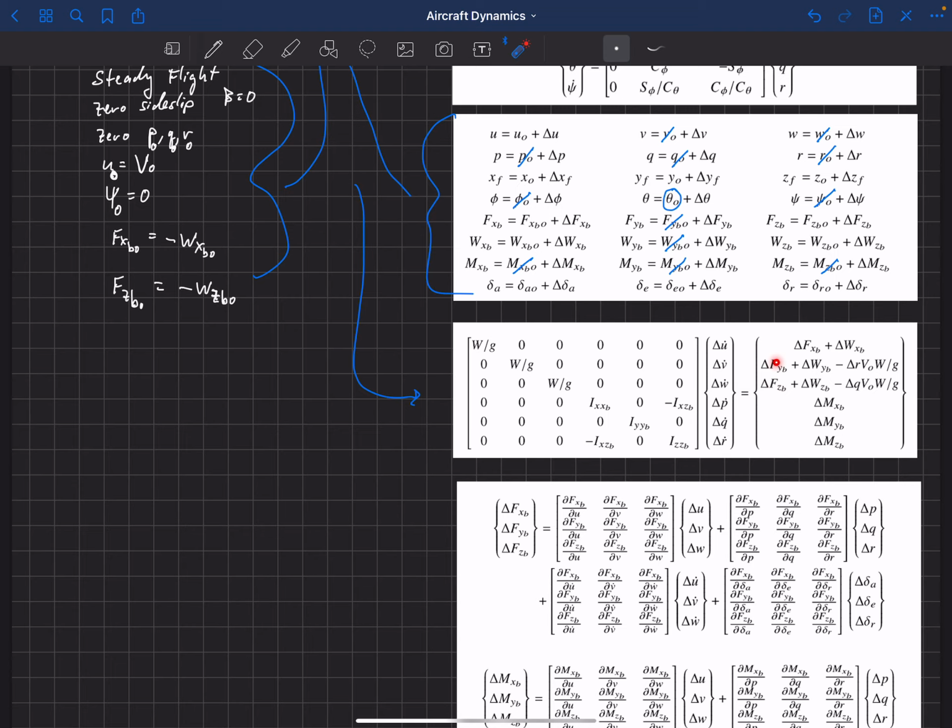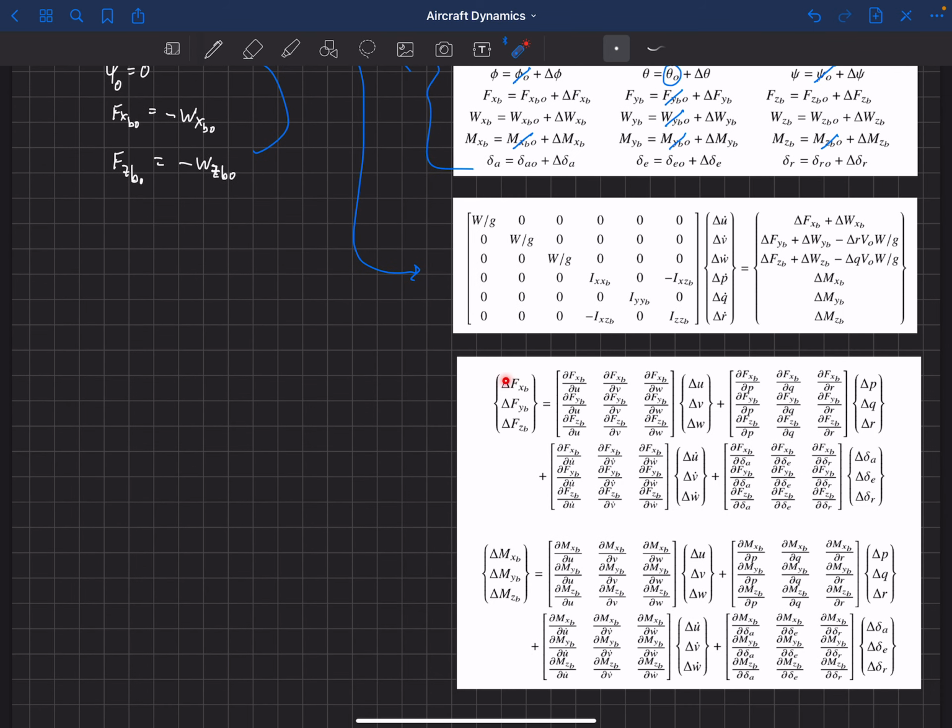Okay, so the next thing we're going to look at are these delta force and moments over here. So these are aerodynamic forces and moments, and these are deviations from our force and moment at our known solution, okay? So these are just deviations from that, and we're going to use Newton's method. Not Newton's method. We're going to use a Taylor series expansion, to write the first derivative of each of these with respect to parameters that we know they depend on.